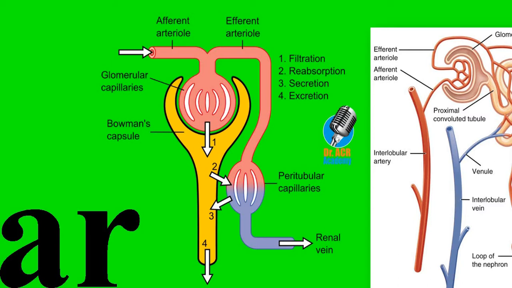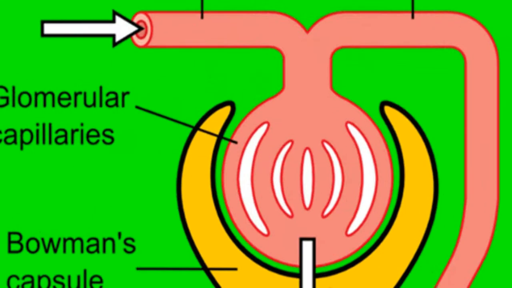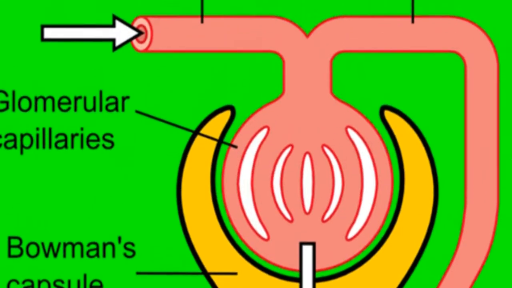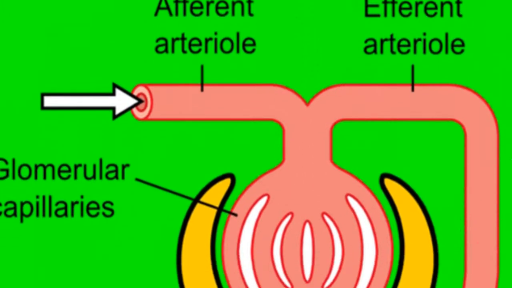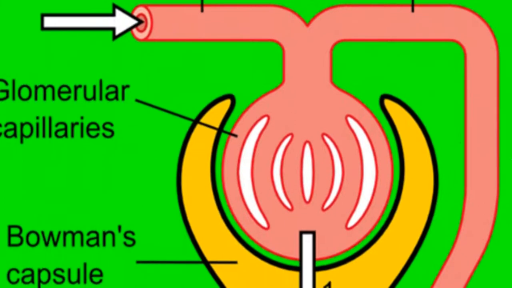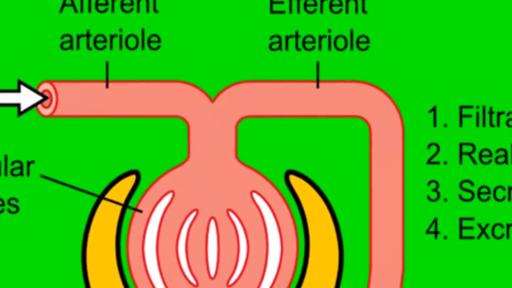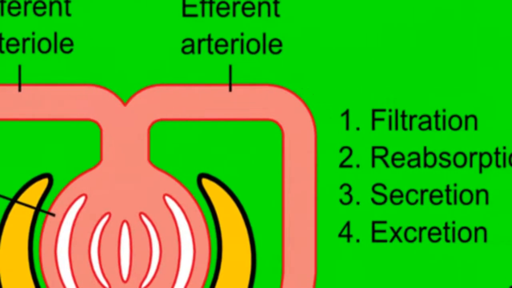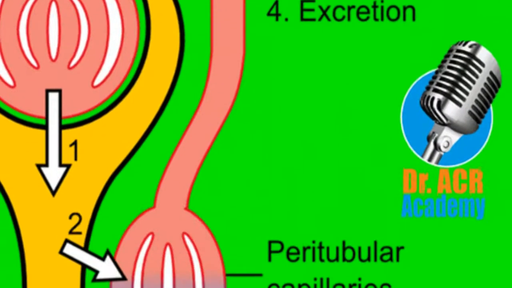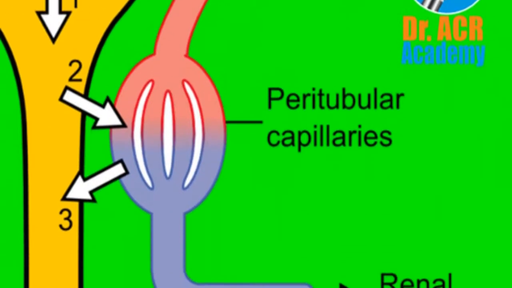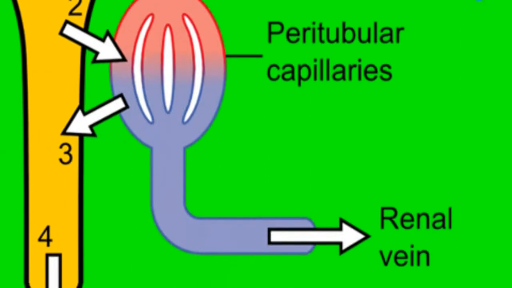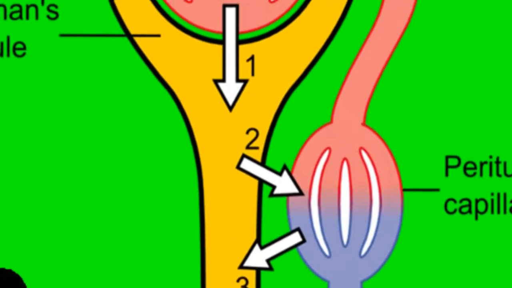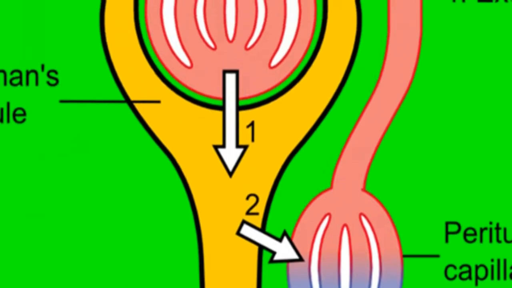For simple understanding, we can see this one. This red structure is related to the afferent arteriole and forms the glomerular capillary and leaves the glomerulus as the efferent arteriole, and later forms the peritubular capillary around the renal tubule. For our understanding, we are representing it in the linear form.